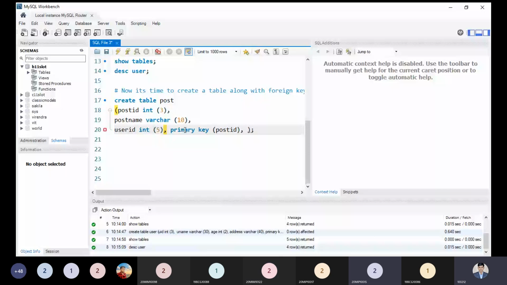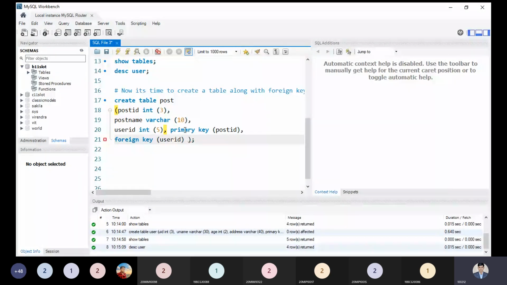Now I'm making the foreign key. In the foreign key, which attribute must be defined as a foreign key? We know in this post table we are making the user ID attribute a foreign key. So let me write user ID, and this user ID will keep the data from the reference.